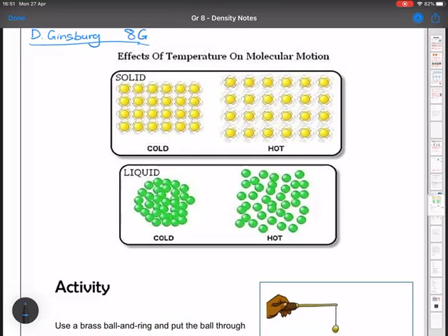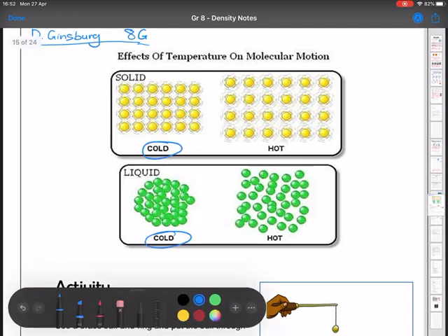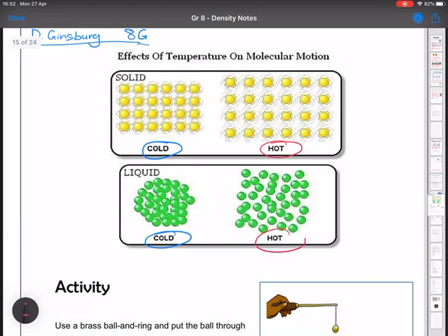All right, so effects of temperature on molecular motion. So if you have a look here, we've got a cold solid and a cold liquid. We've also got a hot solid and a hot liquid. Now look at the spaces between each molecule in the cold solid and also in between the cold liquid. Very small space between each particle. If you heat it, the particles vibrate more, the particles move more quickly, and they become further and further apart